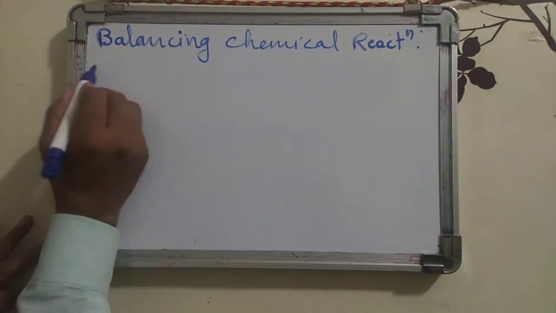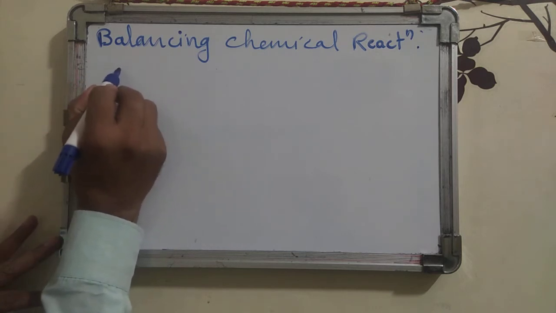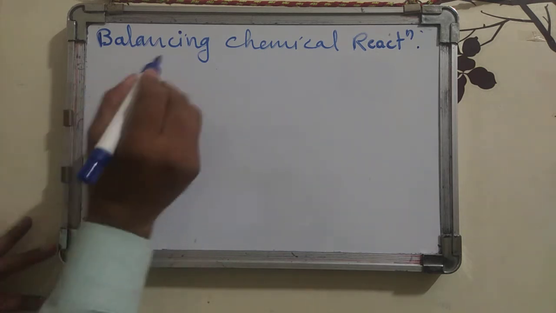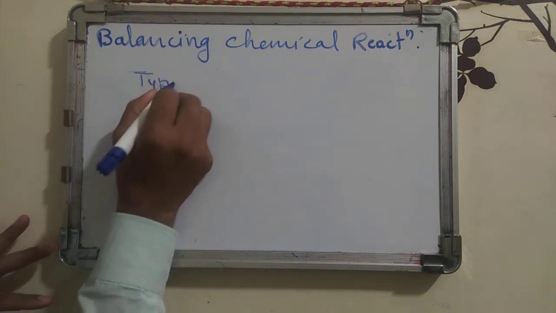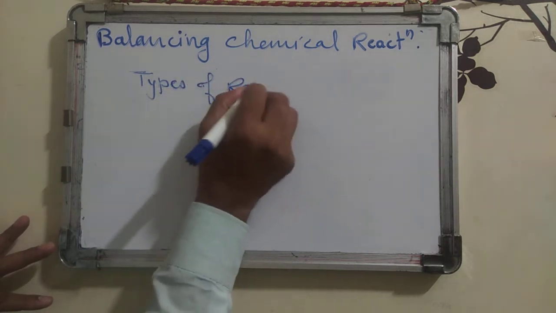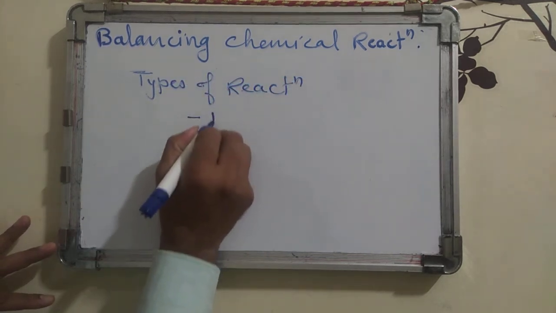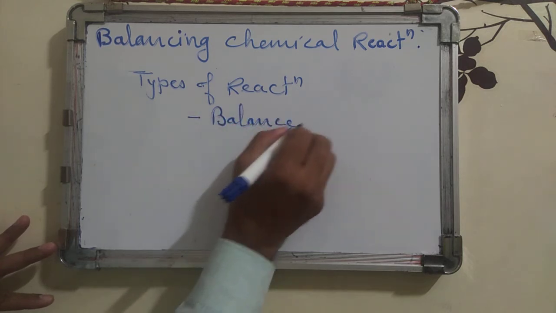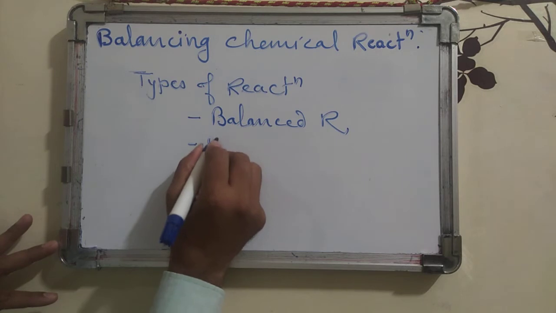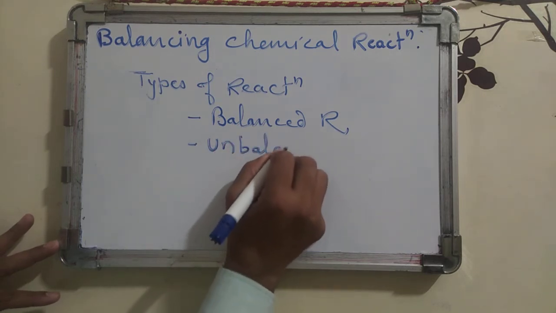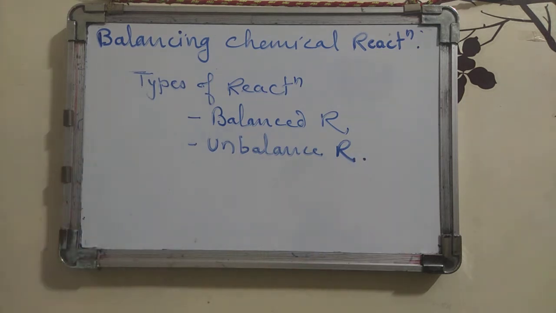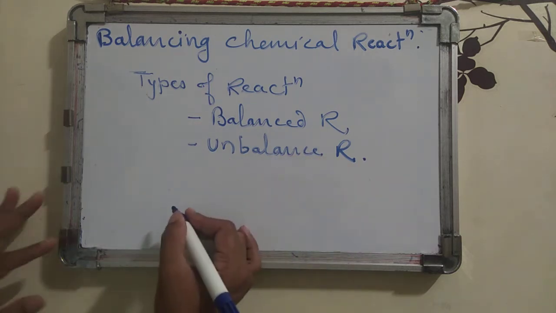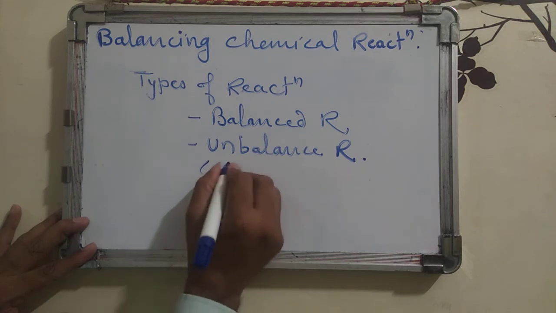So in that, number 1, if we get any reaction, sometimes we find a balanced reaction. There are two types of reaction: one is balanced reaction, and the second is unbalanced reaction. From the word equation, when we write an equation without balancing, without taking care of the left and right side of the equation, then we get the unbalanced reaction, and that unbalanced reaction is also called skeletal reaction.